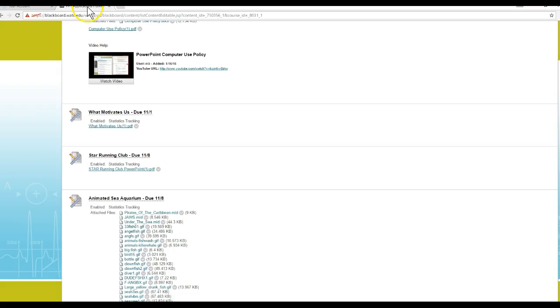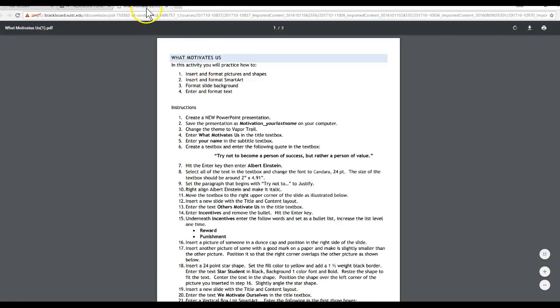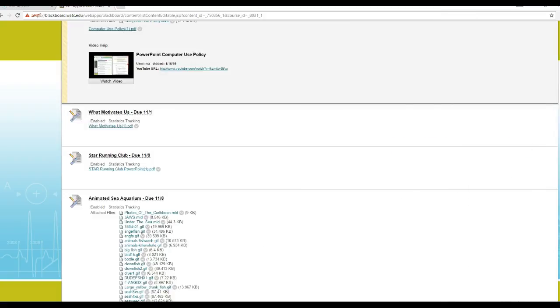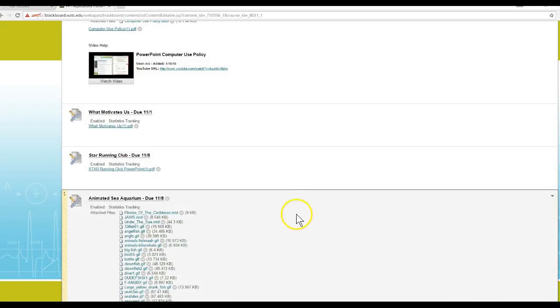Okay, here in PowerPoint we have the What Motivates Us. So if I click on the PDF file here, I've got my instructions. And the first thing we need to do is open up PowerPoint and create a new PowerPoint presentation. So I'm going to open up PowerPoint